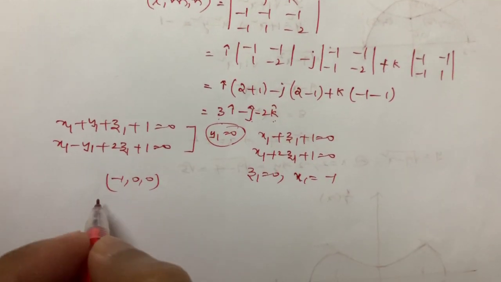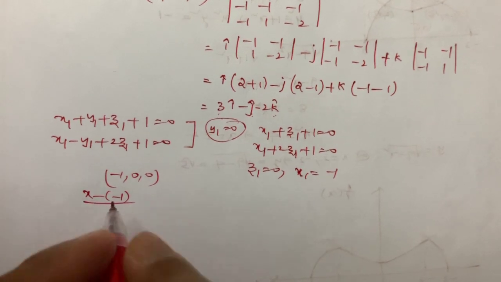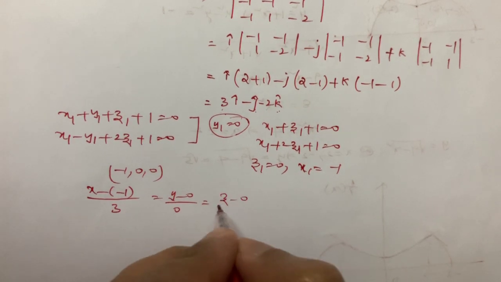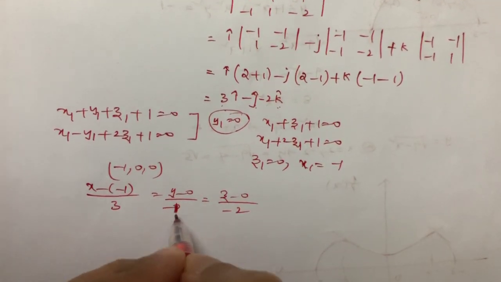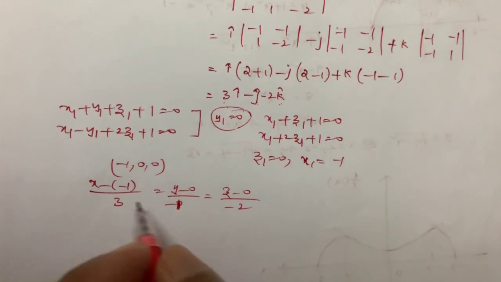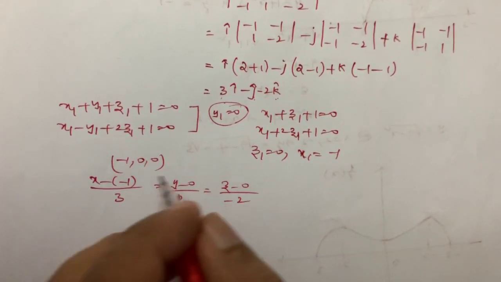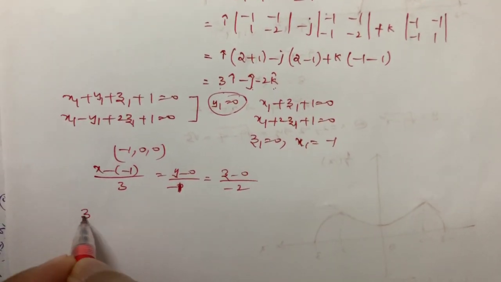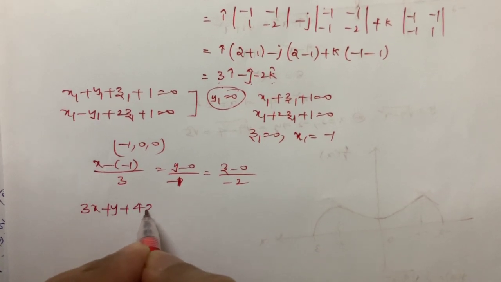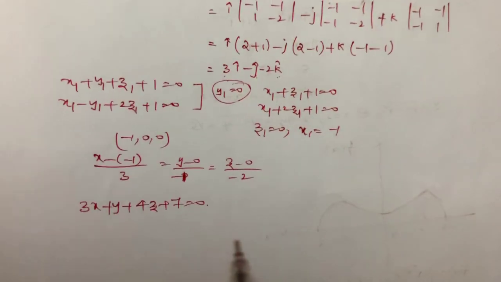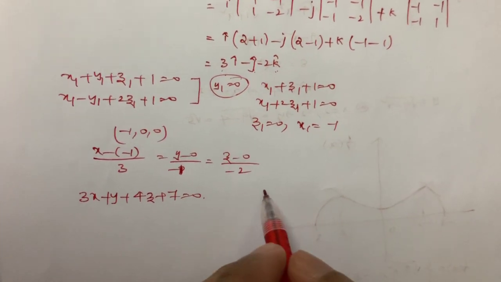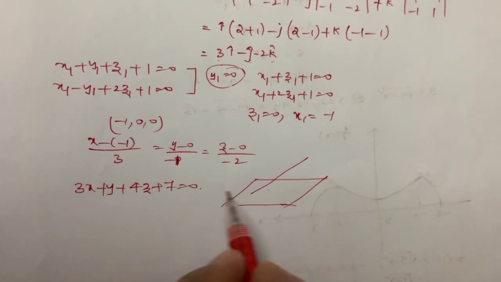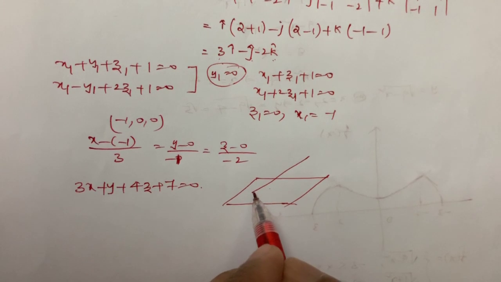So, the equation of the line of intersection of the planes is (x - (-1))/3 = (y - 0)/(-1) = (z - 0)/(-2); sorry, here it is -1. So, the DRs are 3, -1, -2, right. This is the line of intersection of both the planes. Now we have the third plane, 3x + y + 4z + 7 = 0. Let us say the plane is like this and the line may or may not intersect the plane. First we will see whether it will intersect the plane or not.